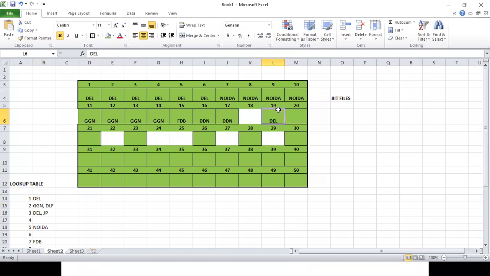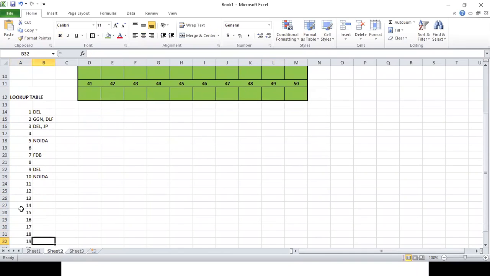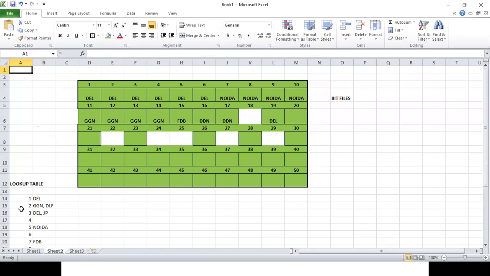Whenever the data is stored, the SQL will also need to update its index, the lookup table. So it will also make an entry that at address number 19 we have the information of Delhi.